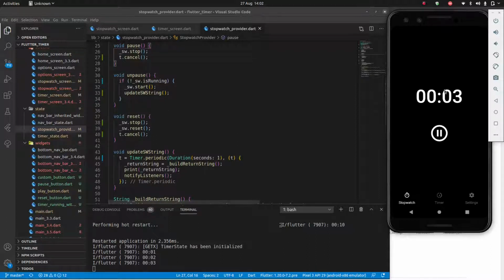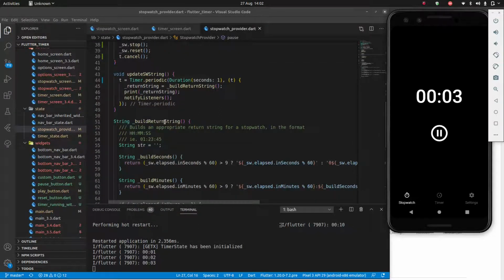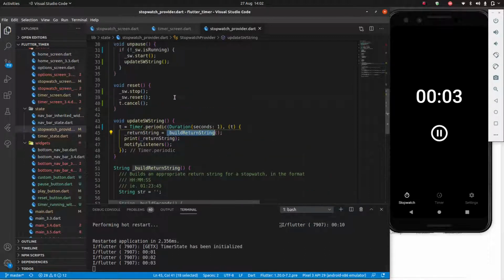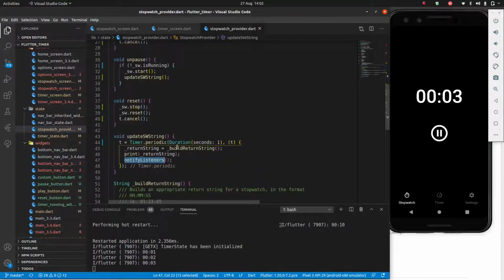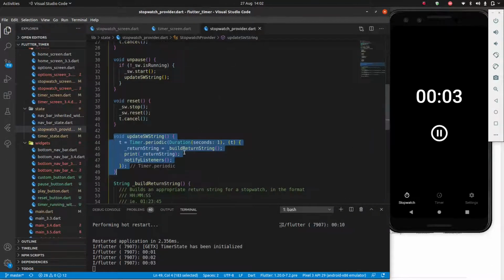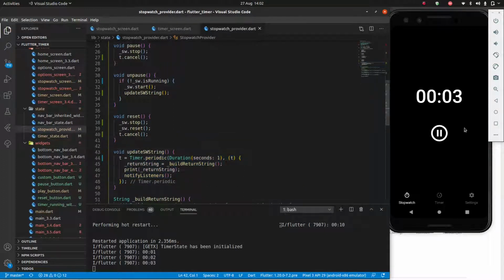But because I'm not notifying the listeners, the color isn't changing, and also this button isn't changing to the play button. The timer, on the other hand, is stopping because this function is kind of separate. This is only running inside the provider, inside the states. It's not running here, right? So that's why the timer can actually stop, but I'm not notified about the other stuff,